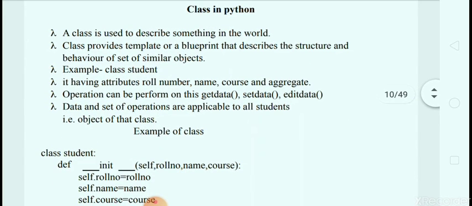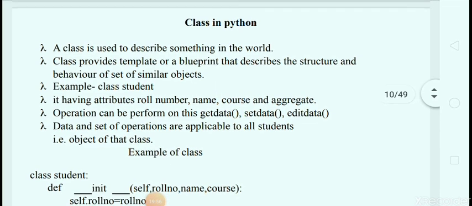Next, the concept of class in Python. In object oriented programming, as I told you, the number of tasks or things are represented by objects, and an object is nothing but part of a class, or an object is an instance of a class. When we have to declare any kind of object, we first declare a class. Without a class we cannot create an object. So class is an important concept present in object oriented programming.